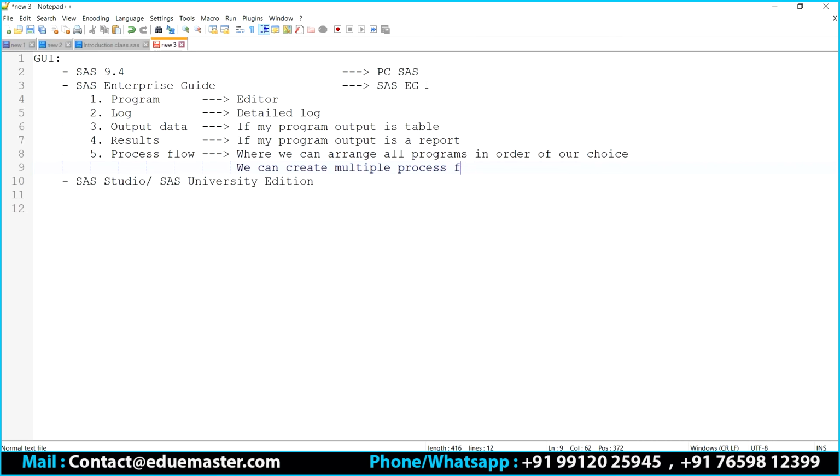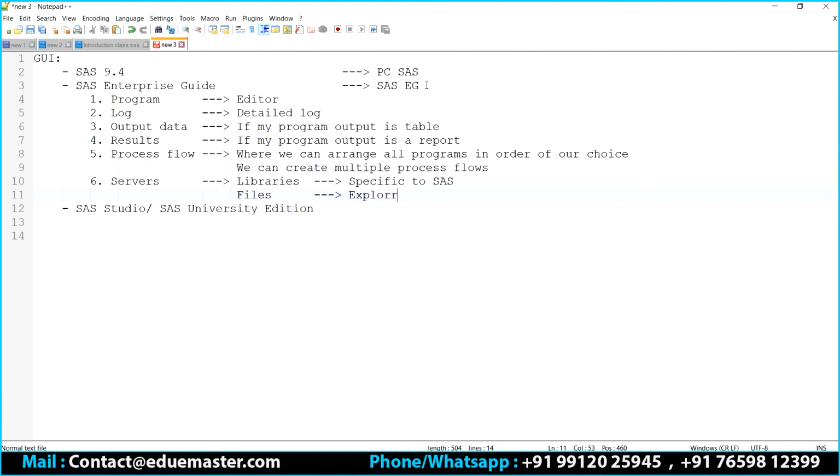The other thing is, we need to be a bit cautious about something called servers. This is the place where I have 2 things. Number 1, libraries, specific to SAS. And another thing called files, which is nothing but my Explorer.